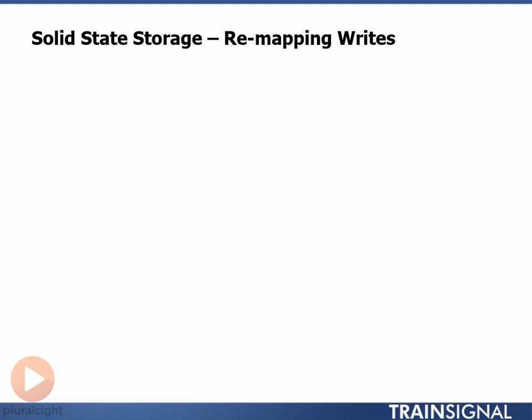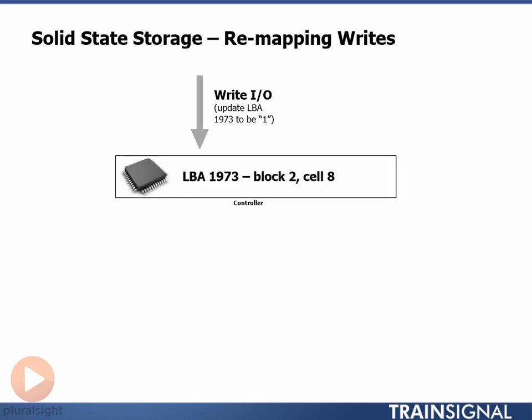What we'll do is we'll start out with an incoming write request to update LBA address 1973. We're going to update that to be a 1. This is an incoming write request from an application and a host. Next, the Flash controller looks up this LBA address in its mapping table and finds that it currently maps to